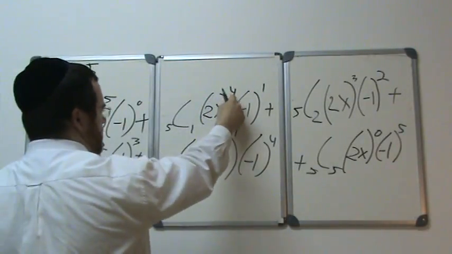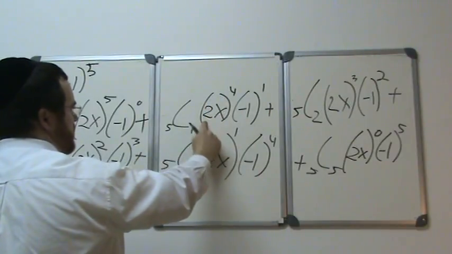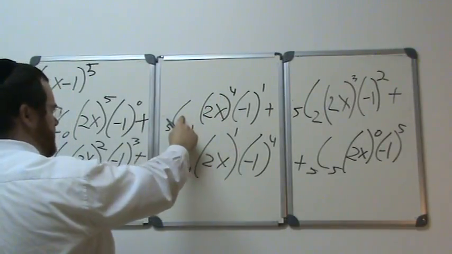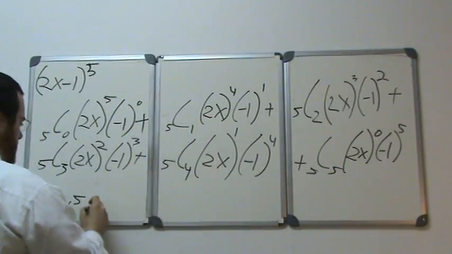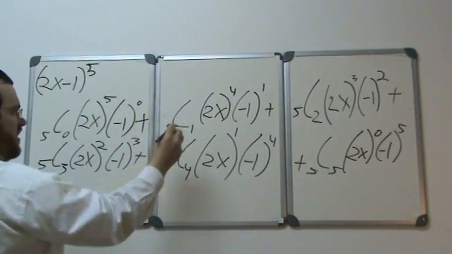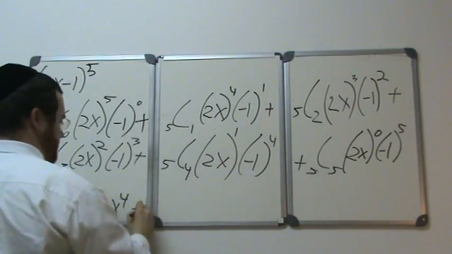2x to the 4th power is 16x to the 4th power. 2 to the 4th power is 16. 16 times 5 is 80. And it's times negative 1, so it's negative 80x to the 4th power, plus